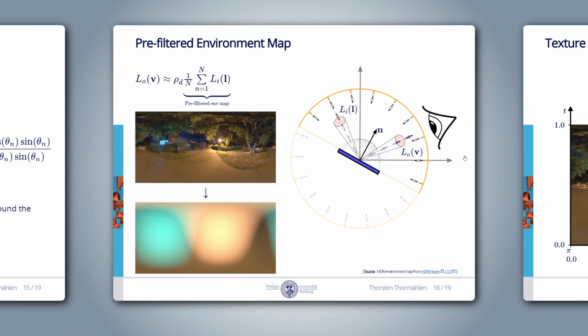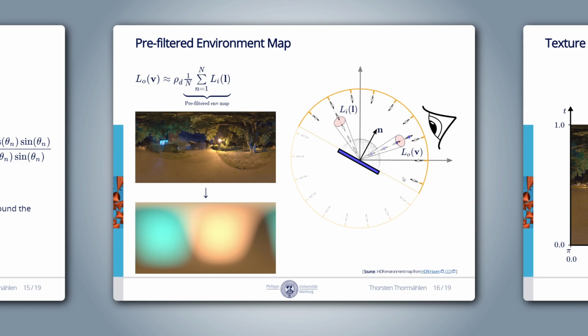For real-time rendering, it is typically too slow to perform importance sampling at runtime. Instead, we pre-compute the integral over the hemisphere using importance sampling and store the result at the location of the surface normal n in a new texture image, which we call the pre-filtered environment map. To perform importance sampling, we span a 3D coordinate frame for which the surface normal is the z-axis, and evaluate the integral over the hemisphere with our random theta and phi values from the previous slide.